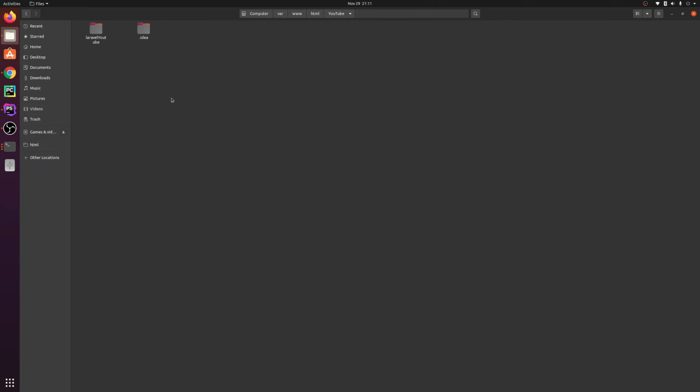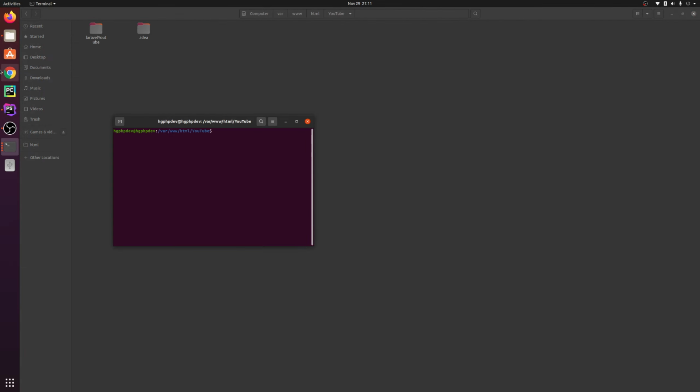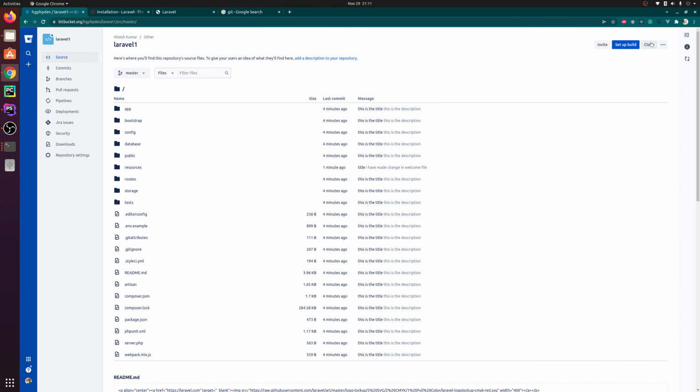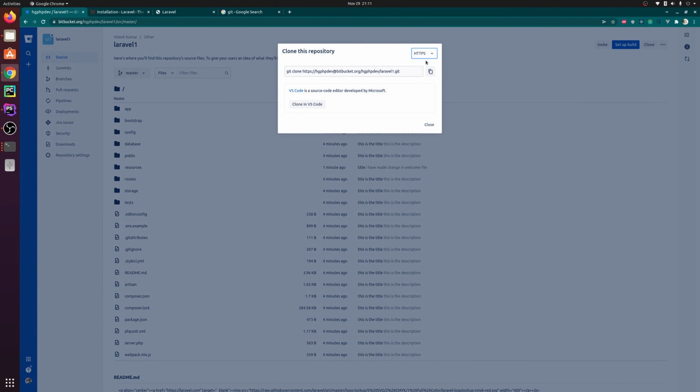So go to the project, right click, open in terminal, go to your repository, source. Now clone this one as HTTP, because for SSH we have to set up our system differently. So I'm using HTTPS.